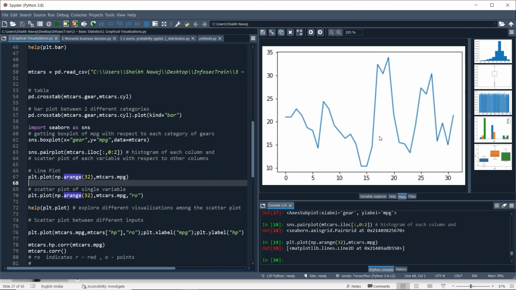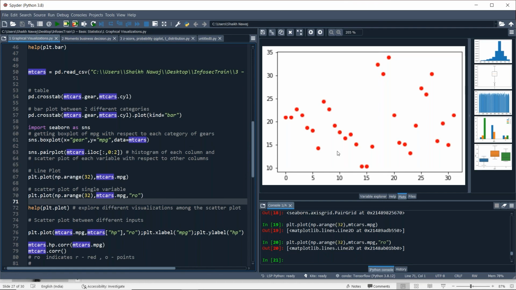Just to show you, I plot this line plot here. When we have time series data, we plot the data like this. Then let's plot a scatter plot.